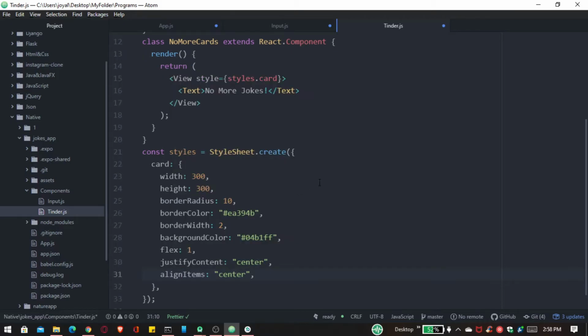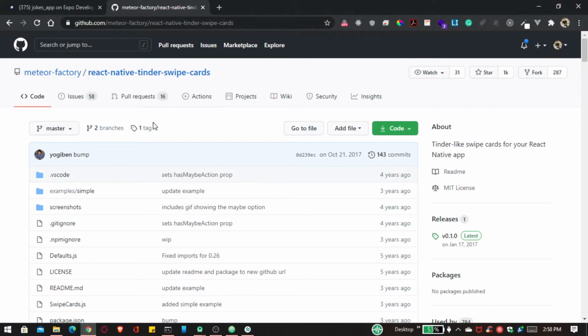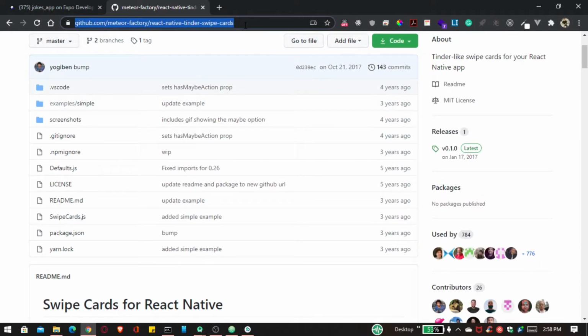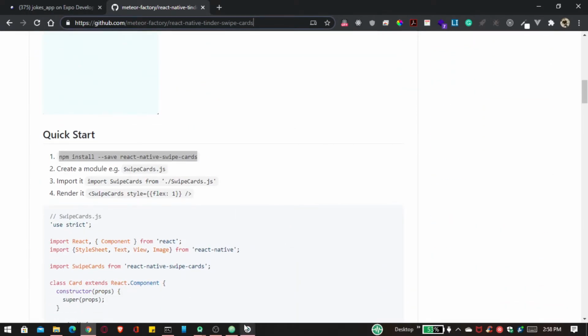Now save this file, and remember we have to use this swipe functionality. So for that we have to install this package. Let's copy this, and don't worry, I provide this link inside my description. So let's copy this